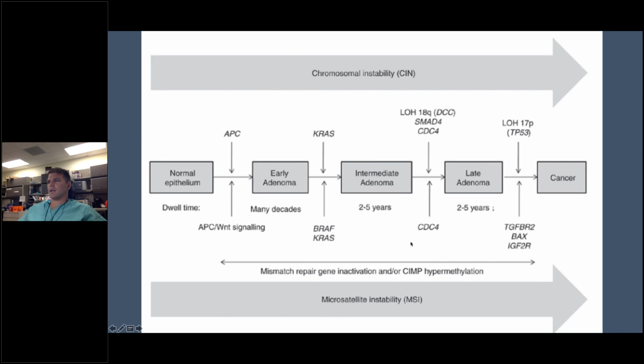This is, again, showing this stepwise obtaining of the APC, KRAS, loss of the 18th chromosome, which includes DCC, but then these other mutations as well, and then loss of heterozygosity, that's what the LOH stands for, of the 17th chromosome, which is where the TP53 is located. But what this chart also shows is that there's multiple different factors and there's different ways that